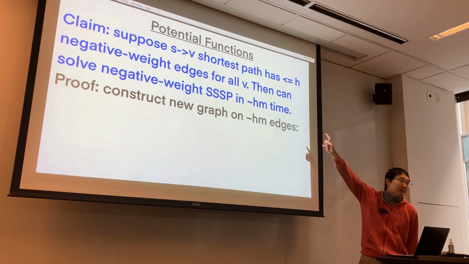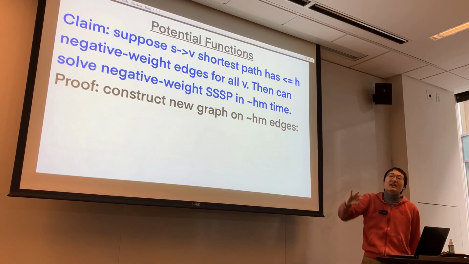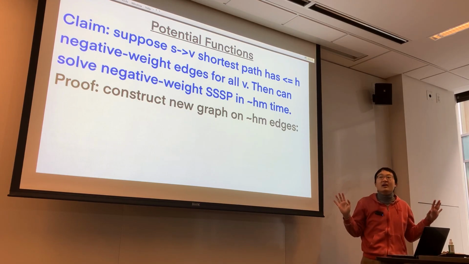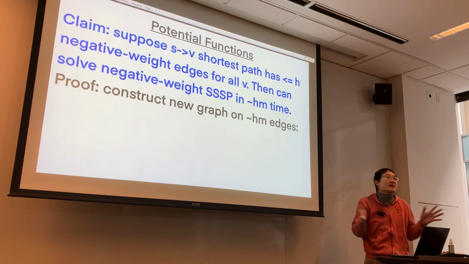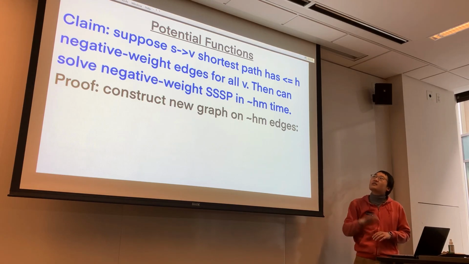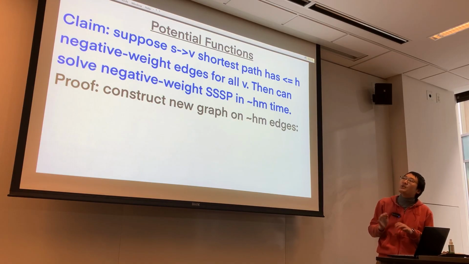For every vertex v, the shortest s-v path contains at most h negative weight edges. So think of h as maybe like polylog n, pretty small. Of course, this is not true in general. A path can have only negative edges, so this is completely false in general. But suppose we have this structured example where every shortest path in the graph has at most polylog